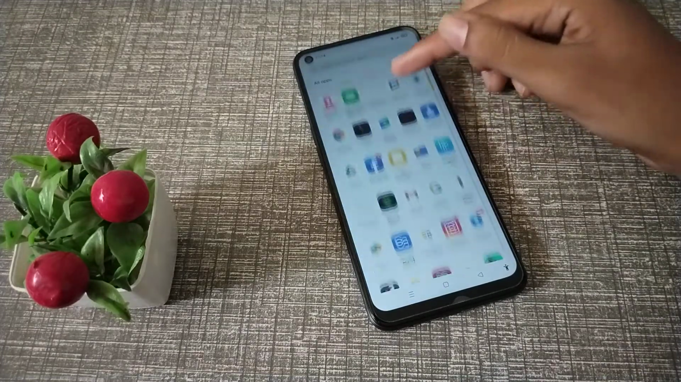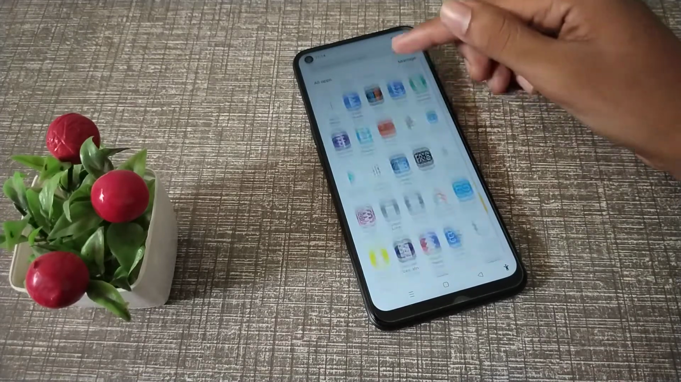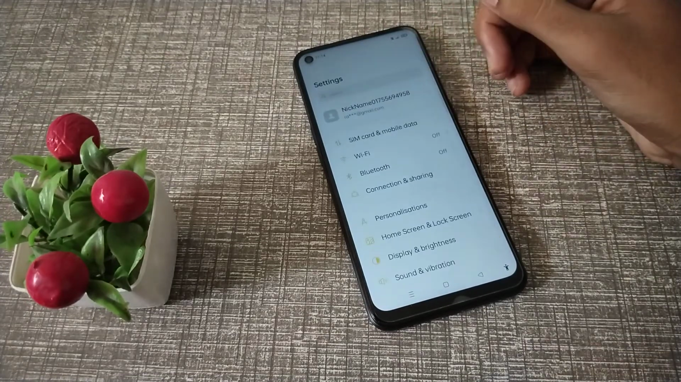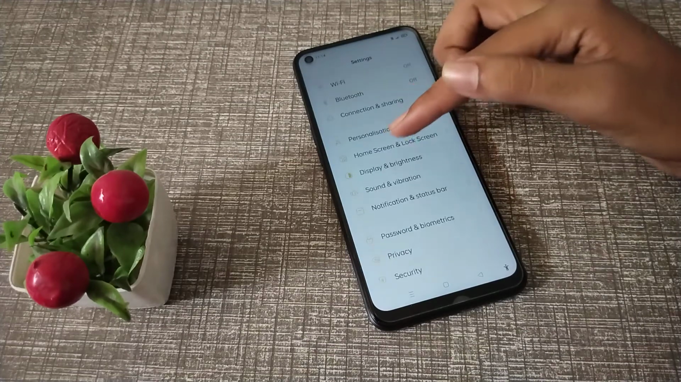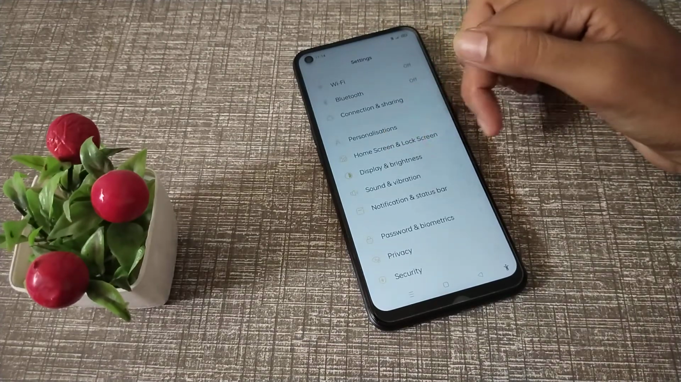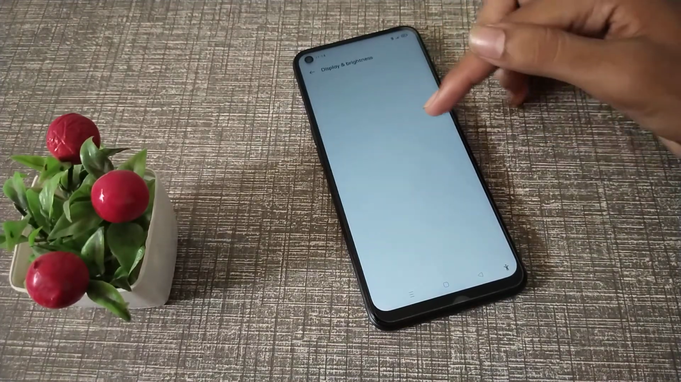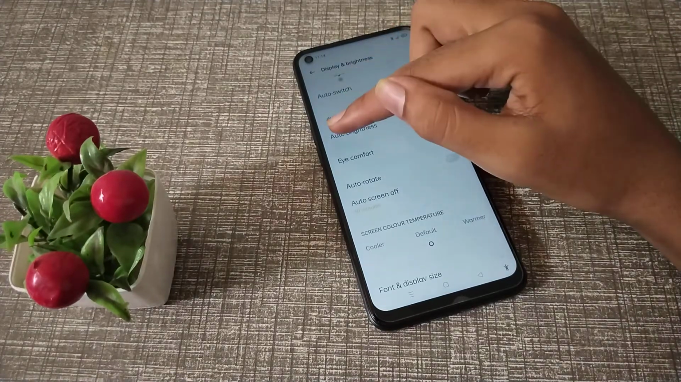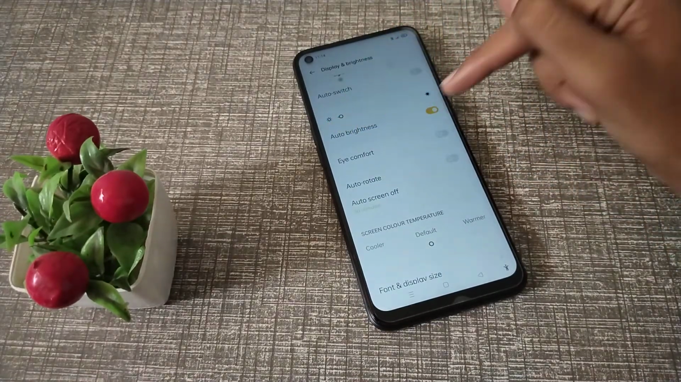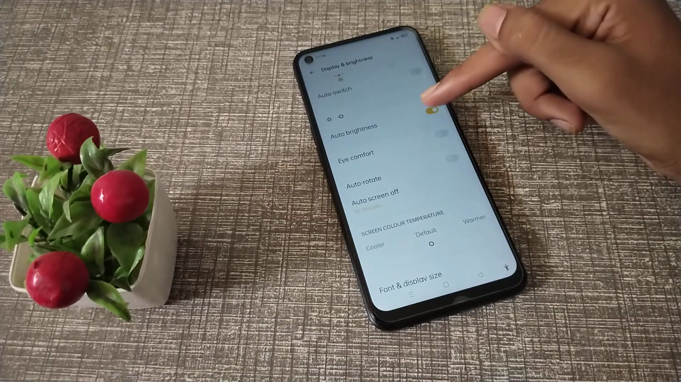So first of all, open your phone settings. After that, guys, click on display and brightness. The display and brightness setting, we will click here. Scroll down, guys, then you can see your auto brightness. So it's on, and if you want to turn it off, you can turn it off,